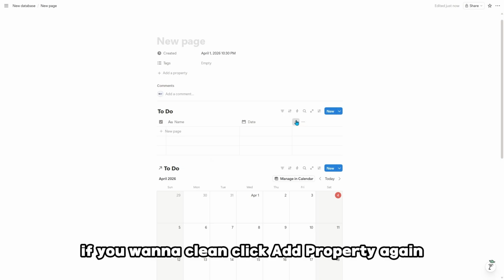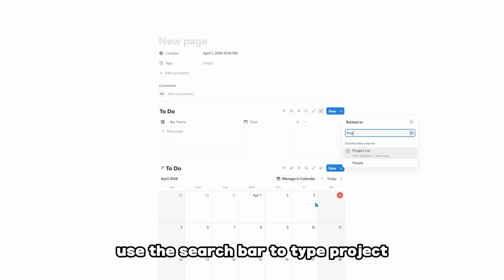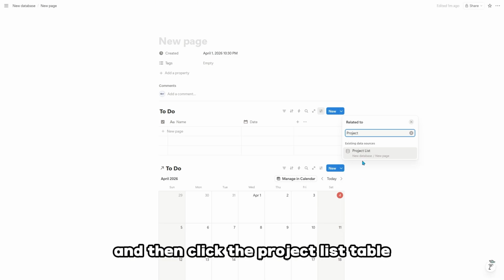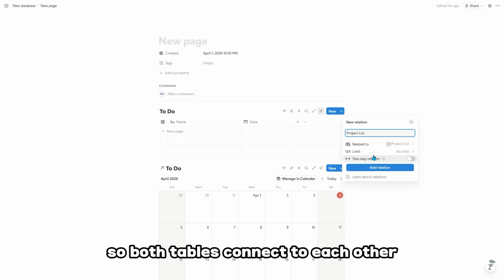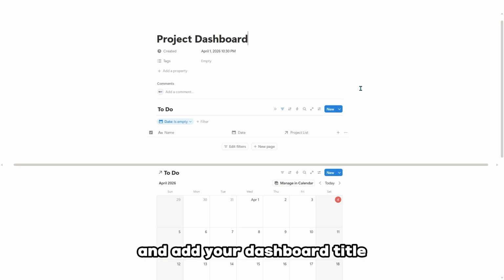Click Add Property again, but this time choose Relation. Use the search bar to type Project and then click the Project List table so both tables connect to each other. When the structure is done, move back to the top of the page and add your dashboard title so